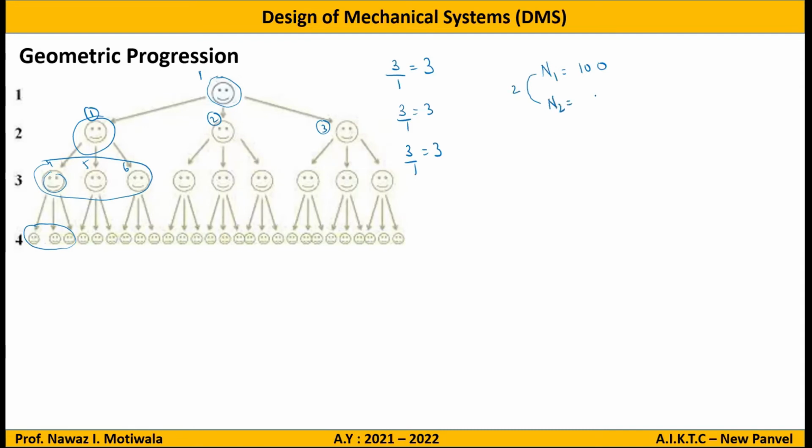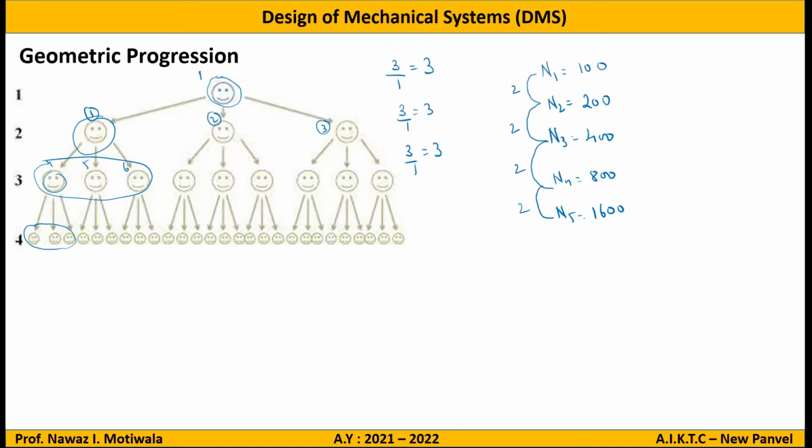So what will I get? N2 is equal to 200. Correct? 400, then 800. Yes, correct. So N3 will be 400, N4 will be 800, and N5 will be 1600. If you observe, if I take the ratio of the first and the second, that means two consecutive terms, I am getting the same common ratio of 2. And because the common ratio is the same, I will say that this pattern is following a geometric progression pattern. Any doubts to anyone? No, sir.